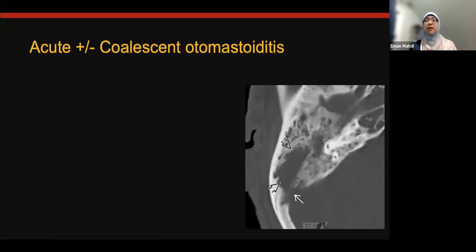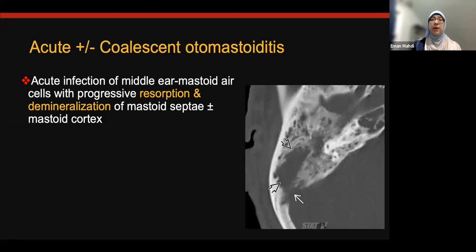Next is acute mastoiditis. I would say that there are times that you will see just an effusion within the mastoid air cells and the middle ear cavity. Not every effusion means it's mastoiditis, and we shouldn't overcall it. It's similar to the sinuses. When we see sinus disease, it could be just sinus disease. We use the fluid level to say it's an acute etiology. But other than this, it doesn't mean every time it's